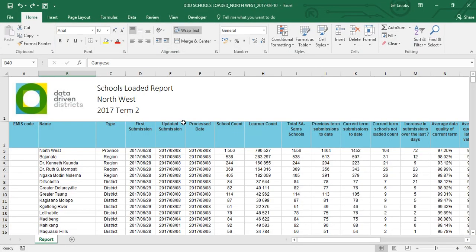Once the report is downloaded, you'll land on this sort of screen, and it will give you quite a lot of information on the progress of submissions in your selected term. In this case, we're dealing with term 2 2017. And to build the running man graph, we want to compare, for a selected entity, the submission rates and data quality of those submissions. So the information we need is the current term submissions to date,